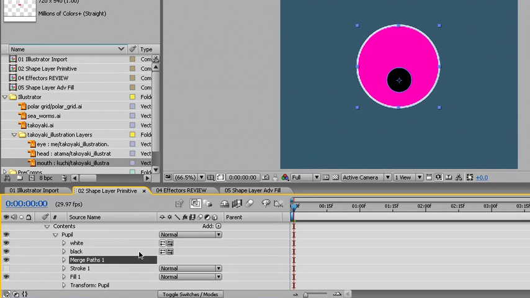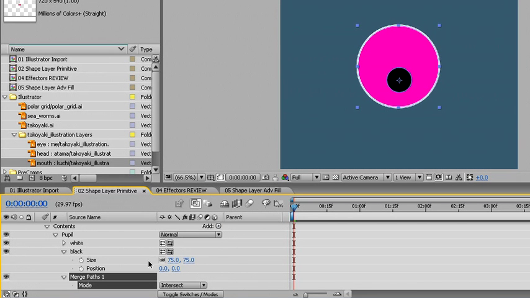I'll click merge paths. Then under merge paths, I see that there are different modes. Currently, merge paths adds all of the paths together and delivers the result to the rest of the group. By clicking on the modes, we can see that there are several. Rather than leaving it with add, we can choose intersect. Currently, the two paths, the white path and the black path, are the same size, so the intersection looks the same. However, if I scale down the black path by changing its size,